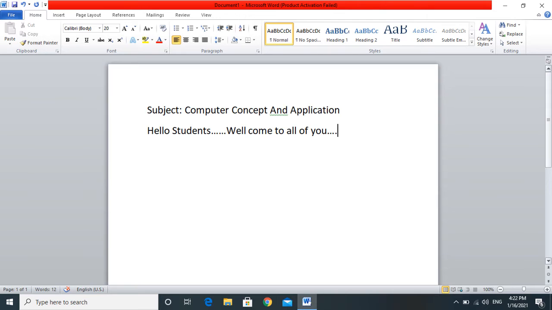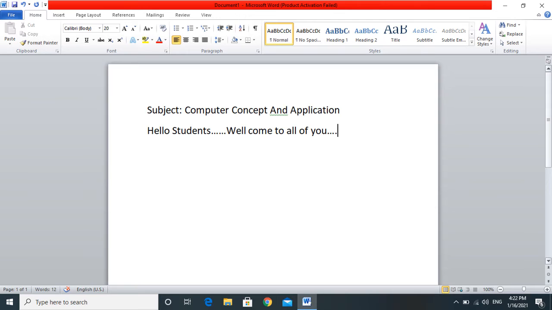Then the ribbon. The ribbon contains commands organized in 3 components. First is the tabs. They appear across the top of the ribbon and contain groups of related commands. Home, Insert, Page Layout are examples of the ribbon tabs.